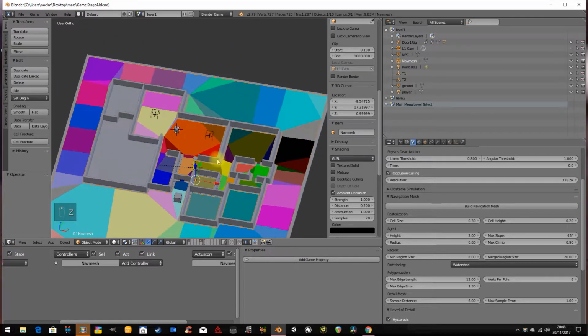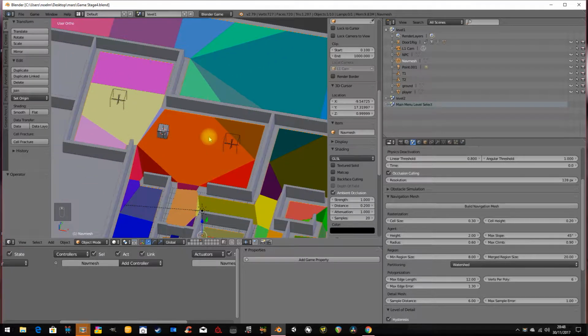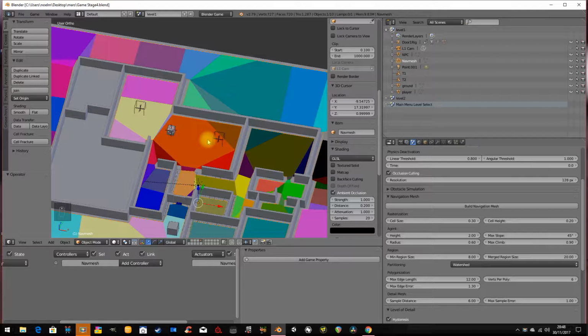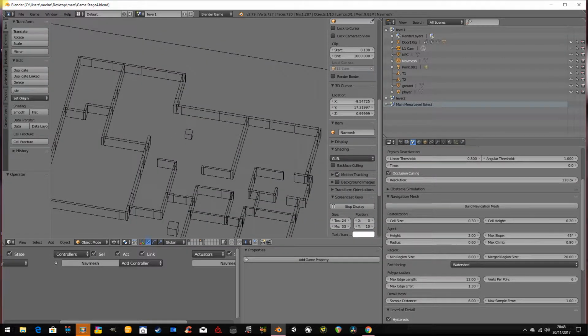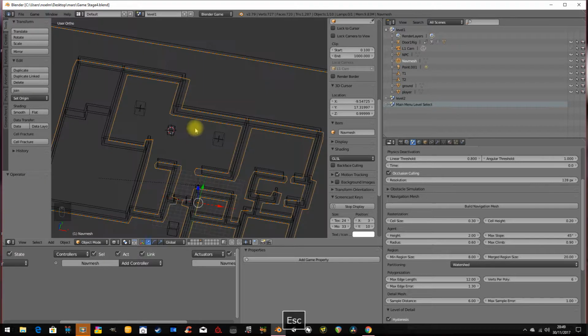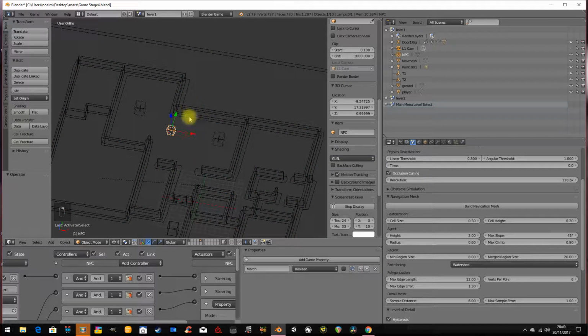So we had gotten ourselves to this point, and we did this in class as well, where we had our non-player character moving between 2 points, and we could go through our door and then have the non-player character follow us. And then if we got sufficient distance away, it would return to its path. So we're not going to do too much more in this, but what we are going to do is